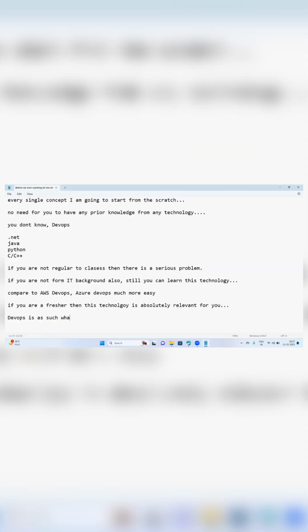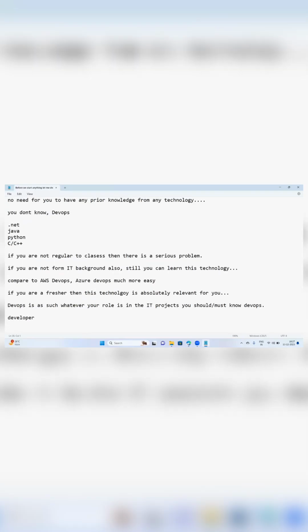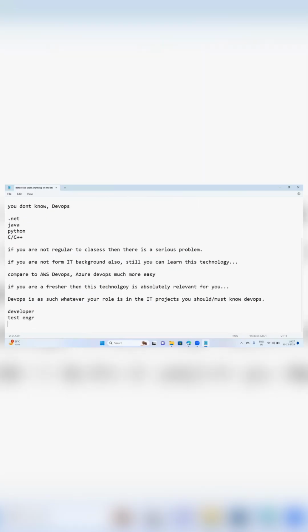Whatever your role is in the IT projects, you should and you must know DevOps. You are working as a developer, you should know DevOps. You are working as a test engineer, you should know DevOps.